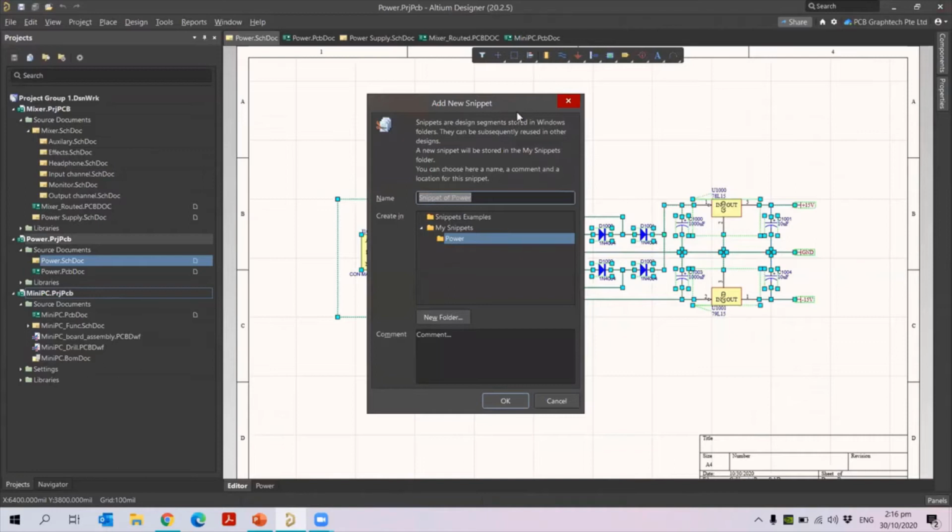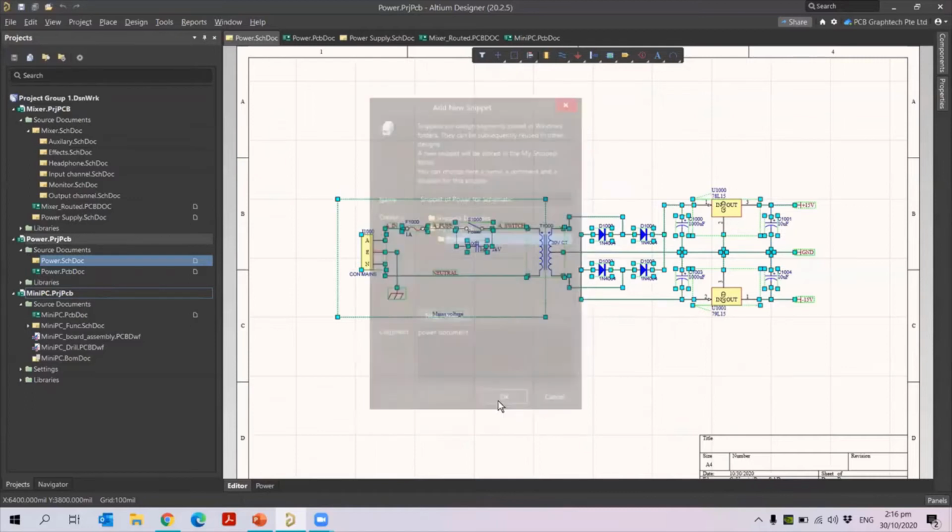Add new snippet. Here it is the snippet of power for schematic. I just save it under this power folder. So the power folder is selected. If you want to give any comment, you can give the comment, something like this is the power document for the particular schematic sheet, and then OK.